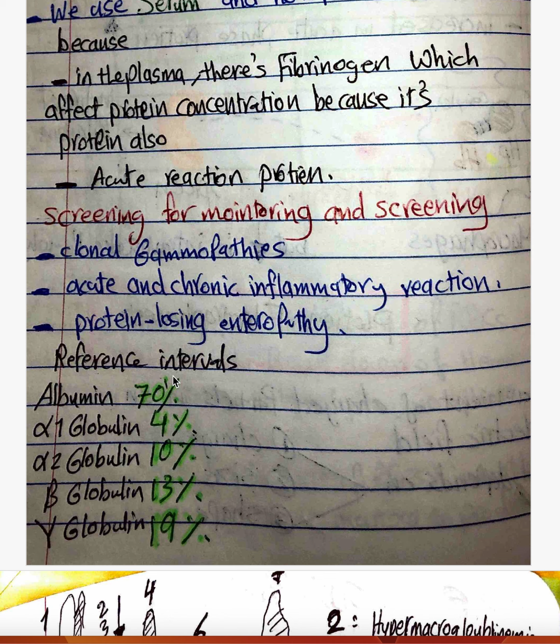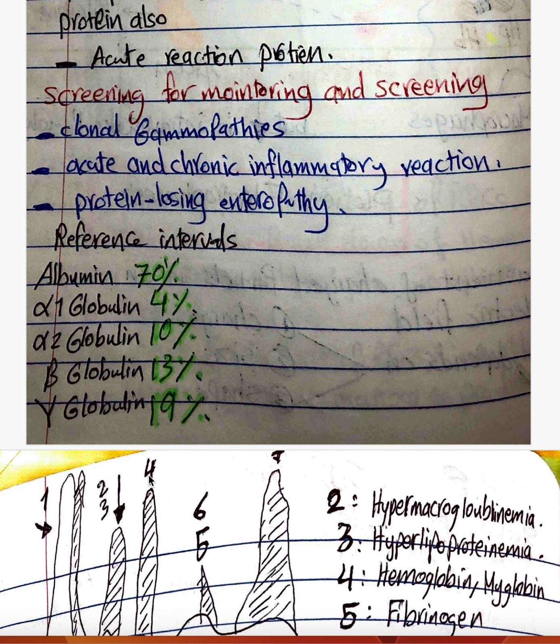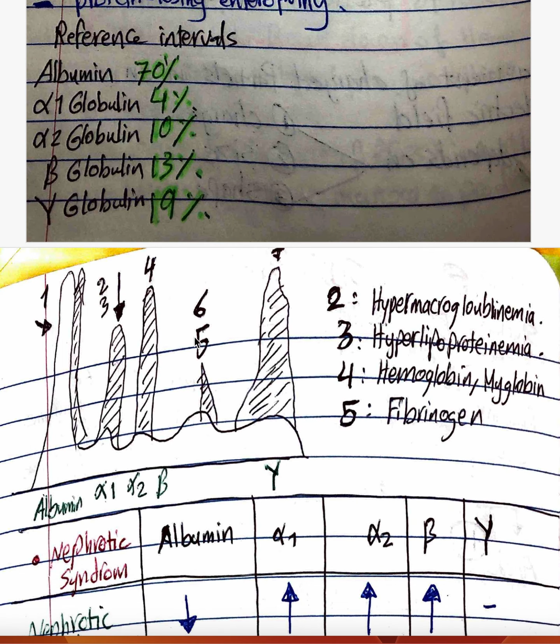So we have albumin 70%, gamma globulin 19%, which is antibodies, beta globulin 13, alpha 2 10, and the least is alpha 1 globulin. This drawing is really important. It's important to know what is normal. This is the albumin, and normally it is the highest, then the gamma globulin is the second, then the beta globulin, then alpha 2, then